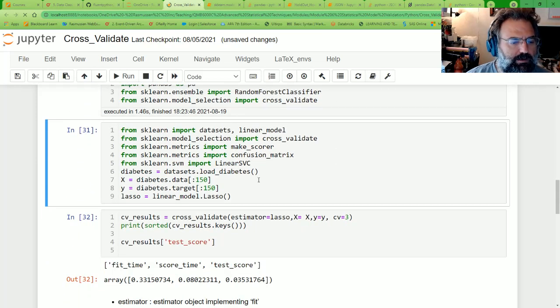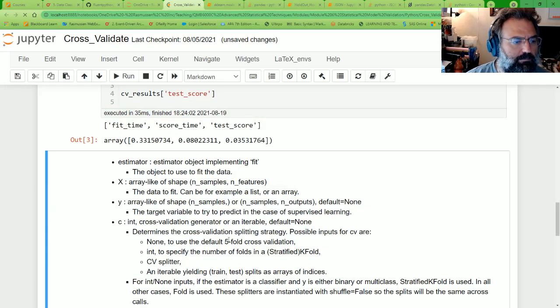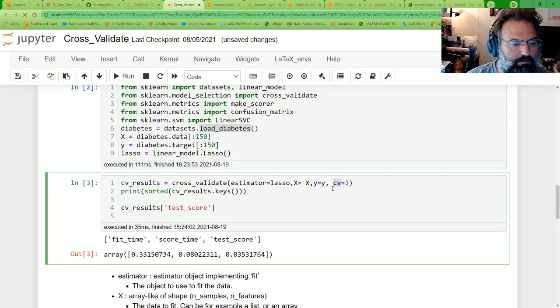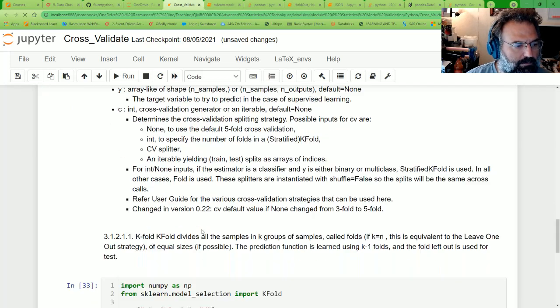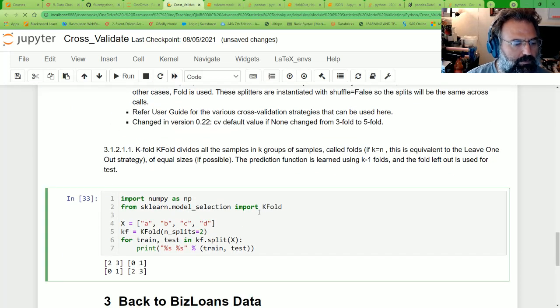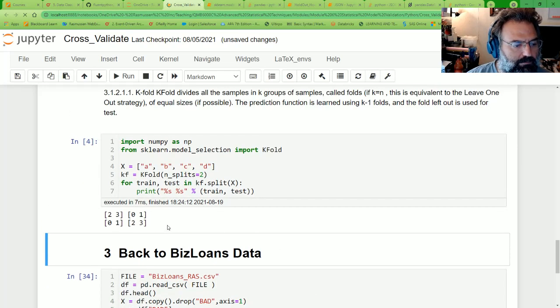We then load the diabetes data set and partition. Looks like we're taking 150 records. And then essentially doing a cross validate with 3 different folds, it looks like, CVs 3. So then the basic idea, lots of documentation, we can go ahead and run it through and do the training